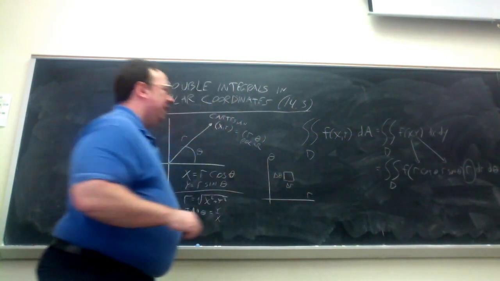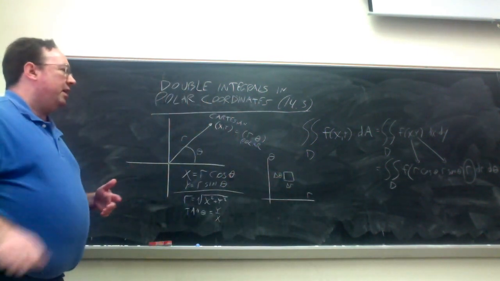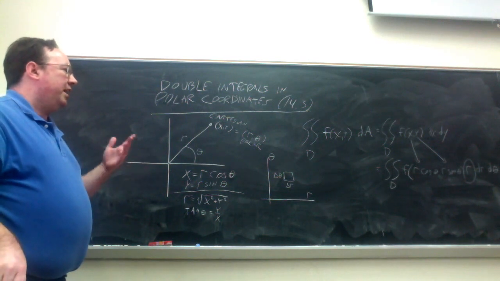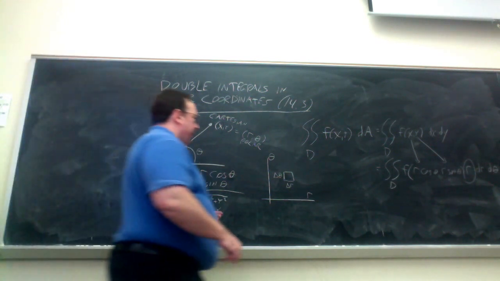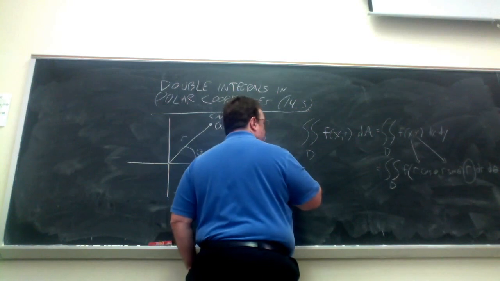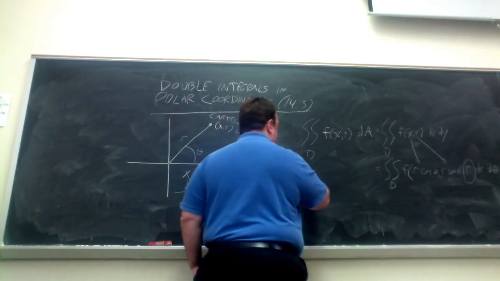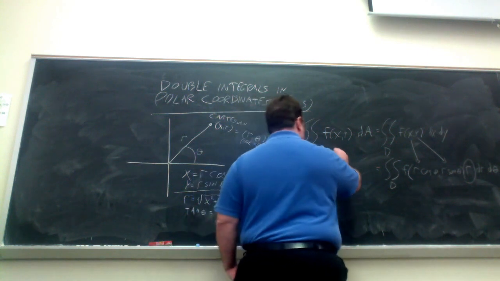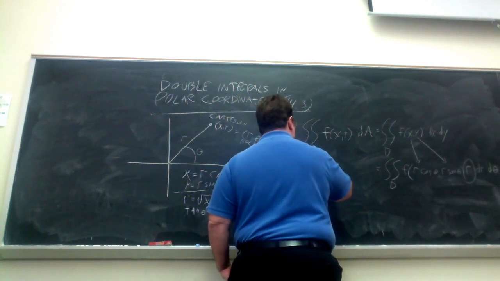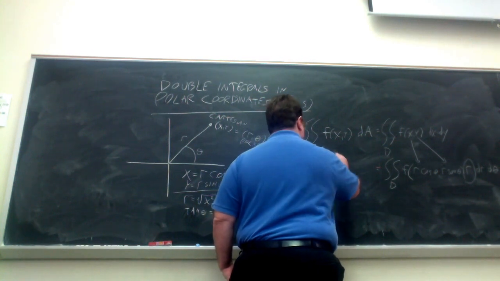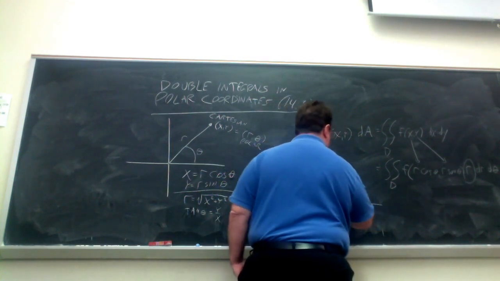But if you keep in mind that this integral came about as an integral with respect to x and y, your element of area is not going to be just delta r times delta theta. Under a change of variable to Cartesian coordinates, what you're actually going to get is